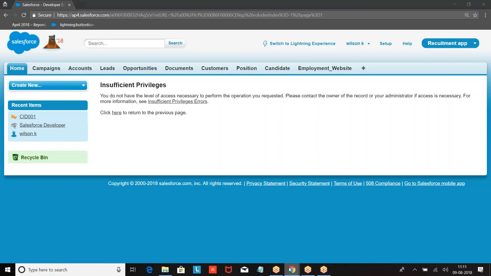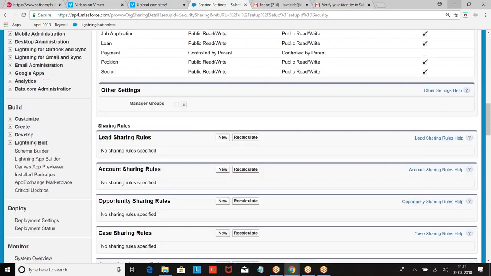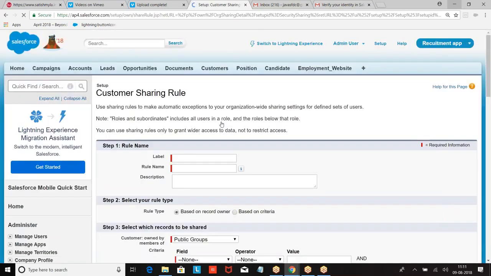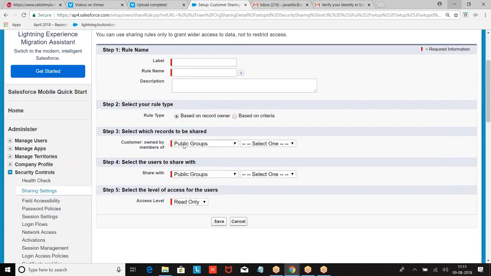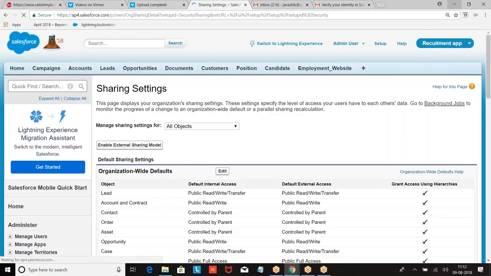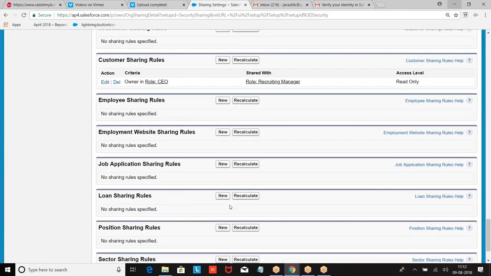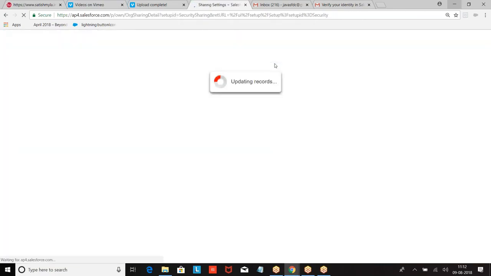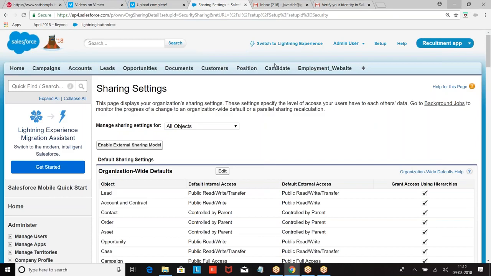Records owned by these. Look at the condition once again. Sharing rules. Records owned by public group or role and subordinate. In case I create any queue also, it will come. They are shared with public group, role or subordinate, with what access? Read or write access. I hope you are good with this. So tomorrow if I feel I should not share the records, what will I do? Delete the sharing rule. If I delete the sharing rule, access will be removed.